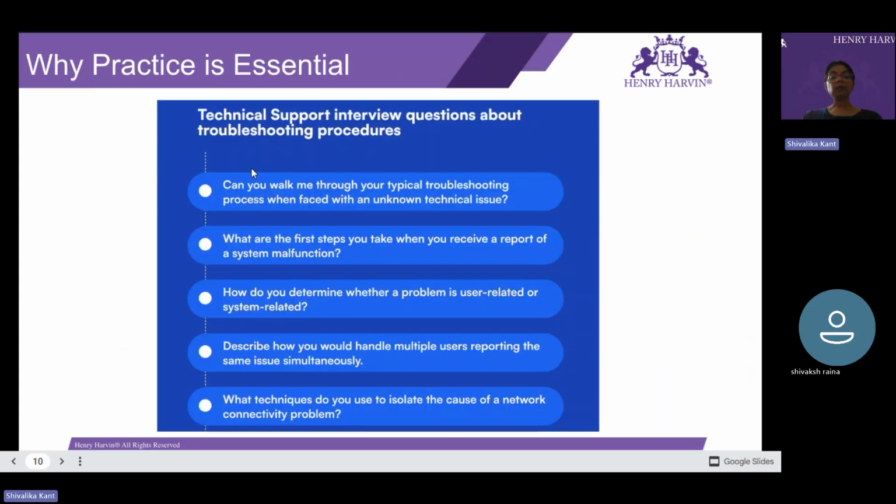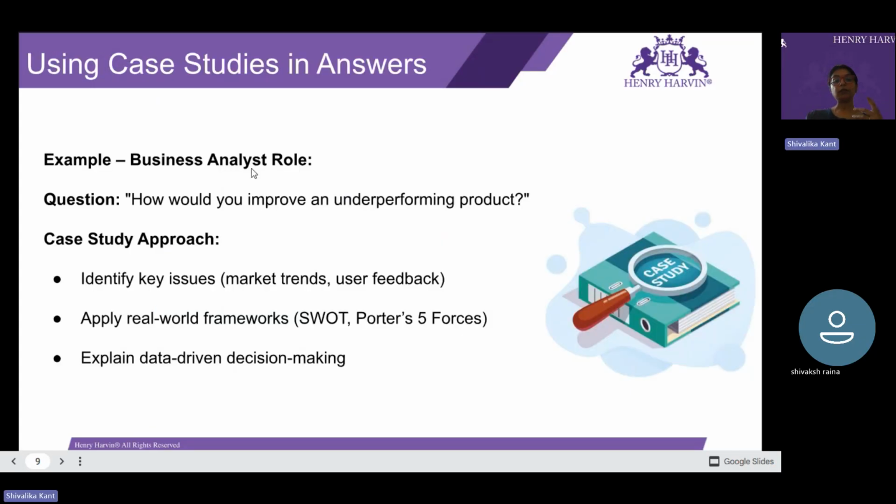Okay, clear? Then work on the tools that you might use there. So different types of tools or methodologies or maybe frameworks you can use to solve the issues in the case study. That will show your depth of technical knowledge. Do not just explain theoretically. Tell them, okay, we can use this particular tool, we can use this framework here. If we apply it, this is how it will work. So all those things are very important.